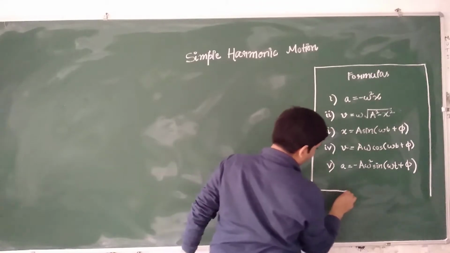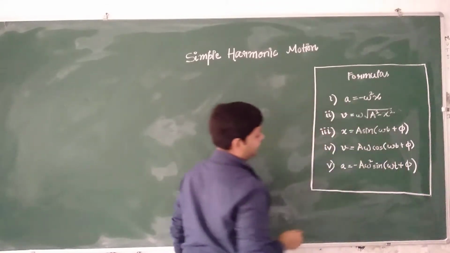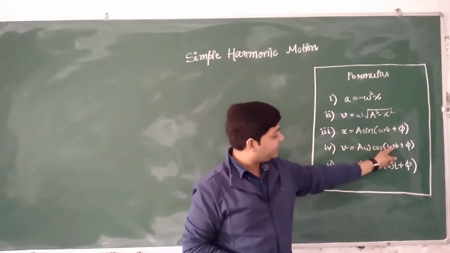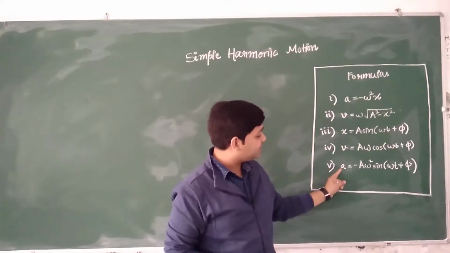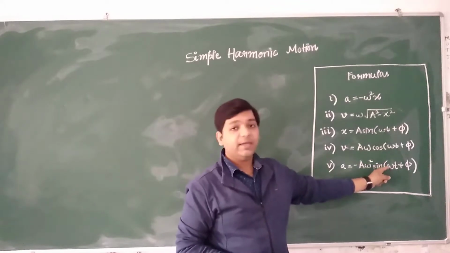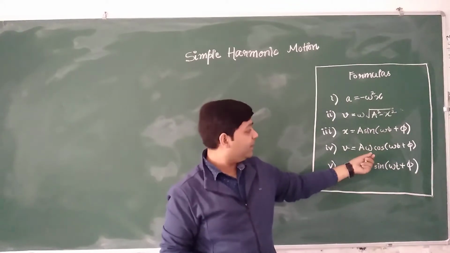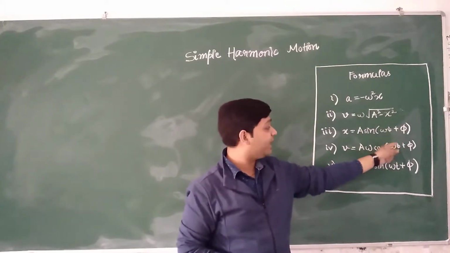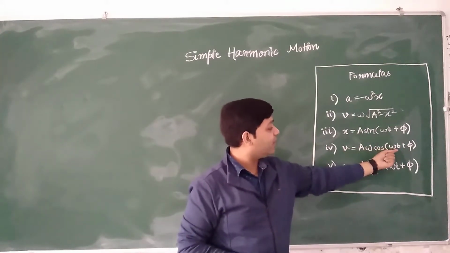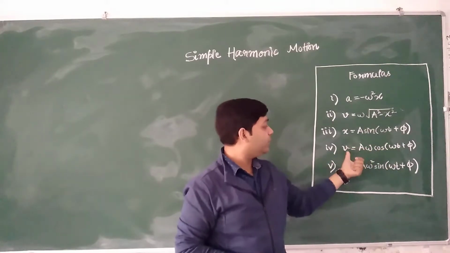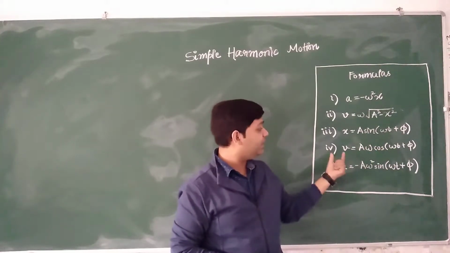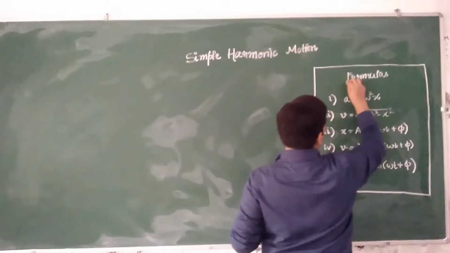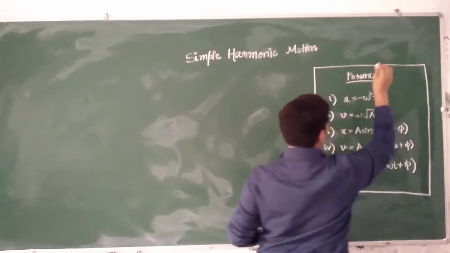and we will be using these formulas to solve the numerical problems that we are going to discuss now. So this equation relates the velocity of the particle with the time, and this equation relates the acceleration of the particle with time. If I give you value of any time, suppose I ask you what is the velocity of the particle at given time, then you can use this relation and you can substitute the value of given time to get the value of velocity at that time, right?